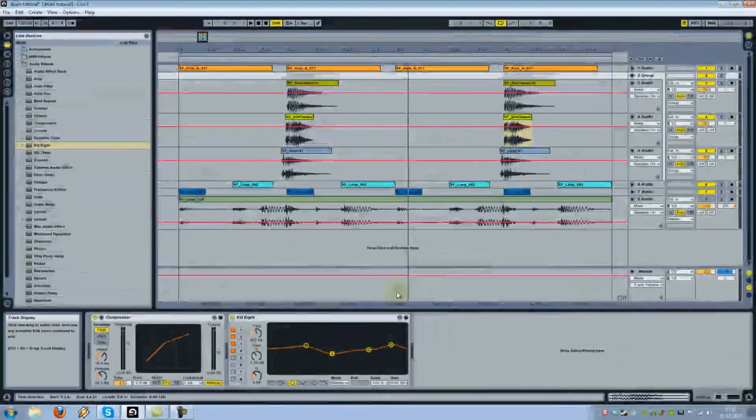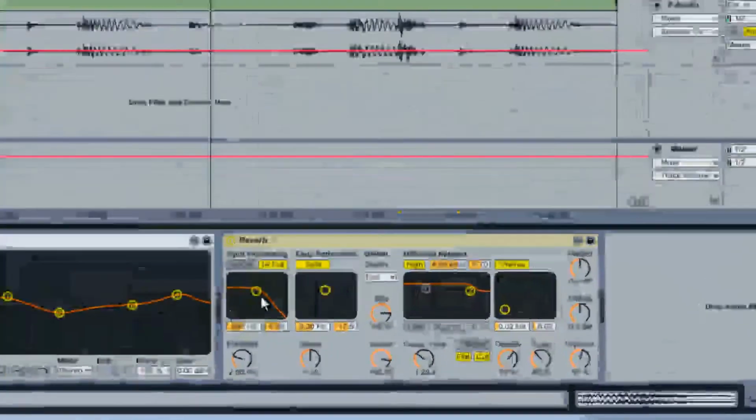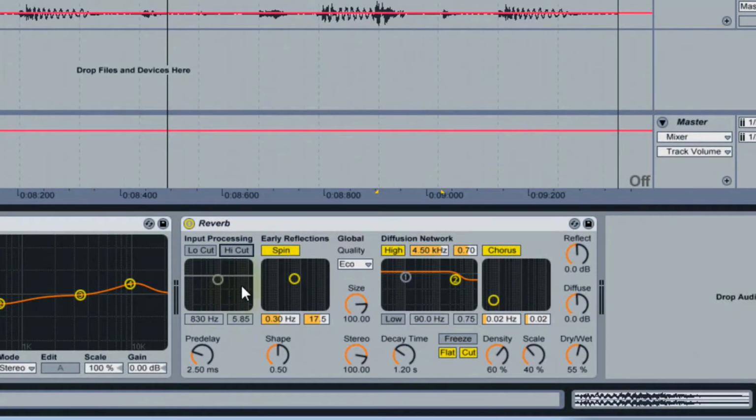And there we go, we've got a nice sort of sound there. And then just to round it all off, we'll throw a little bit of reverb on there. Now you want to turn your filters off in your reverb. And to keep things quick, we're just going to drop the decay time, drop the dry and wet balance,